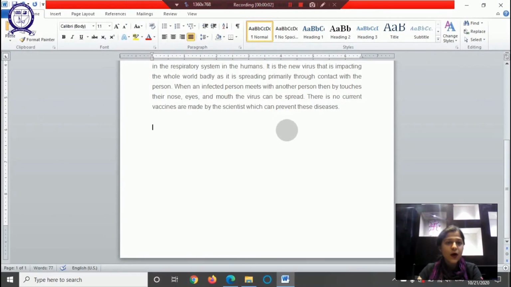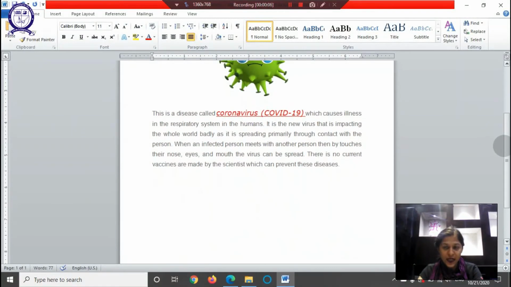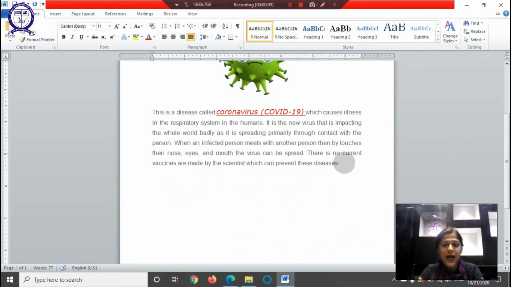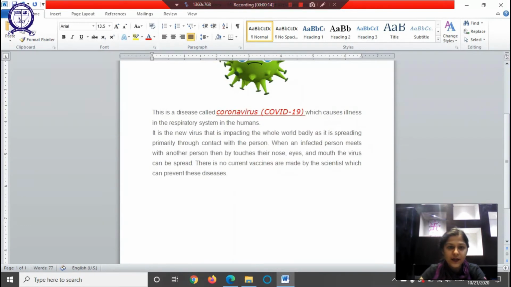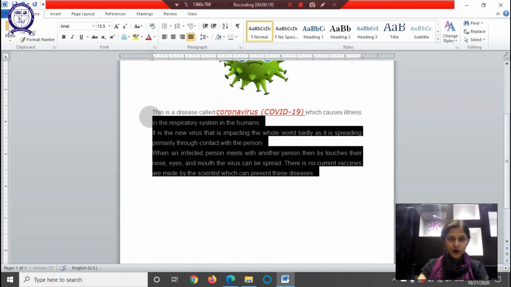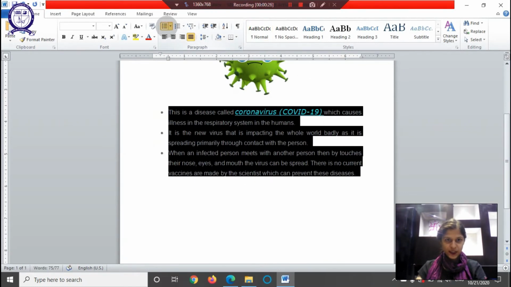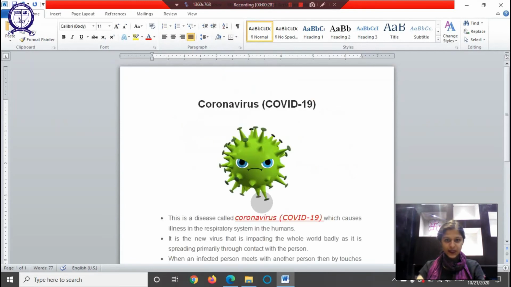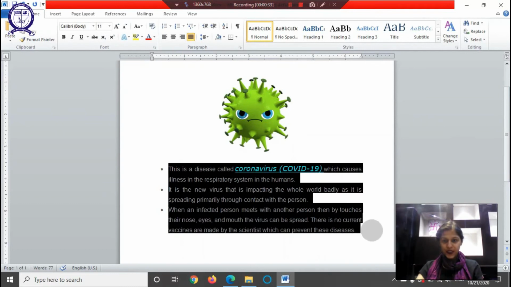So children, we learned about adding clip arts and formatting our text and adding word arts as well. Now we will learn about how to add bullets. So if I select my text, and let's say I create new lines here, and if I go and end up inserting bullets here, which are provided in the options here in the paragraph tab. Now you can see that my text or my paragraph looks more appropriate, more neat by just adding bullets.